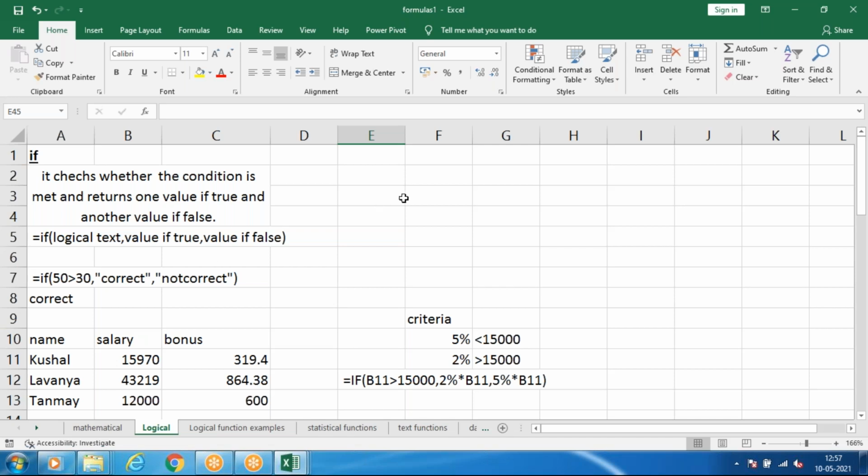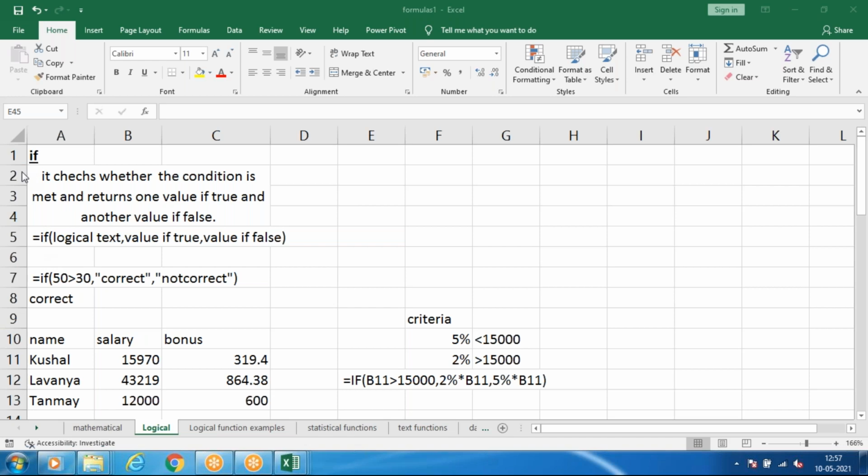When it comes to logic, you have to think logically. If we take IF, that means we can check more than one condition. That is called a logical formula. For example, when I give two numbers, I want to find which is the bigger number. At that time we have to use a condition. If this is greater, give the value as this. If it is false, give the value as that. So that is a logical formula.